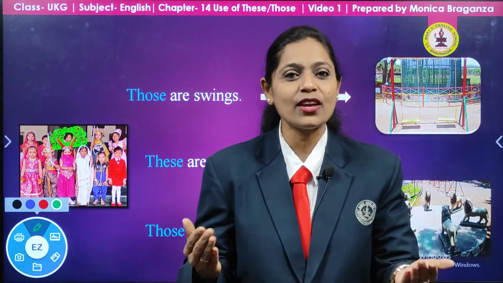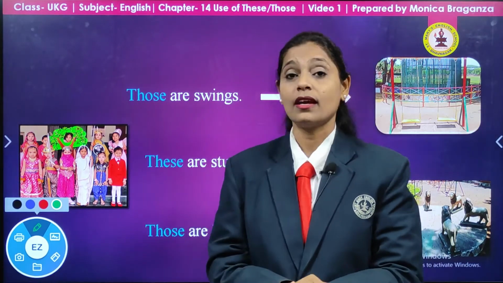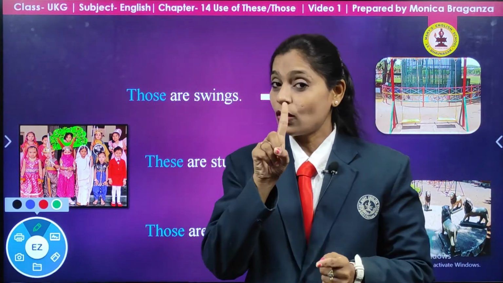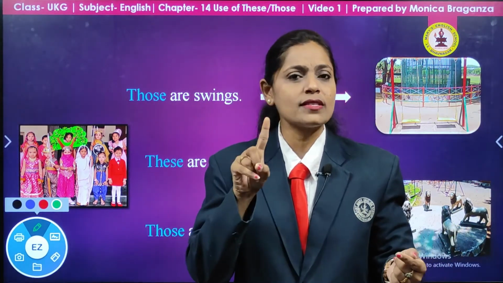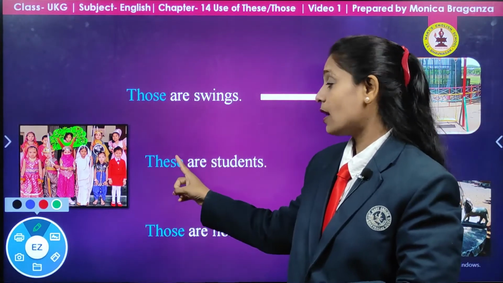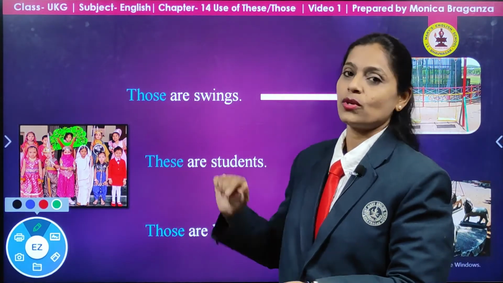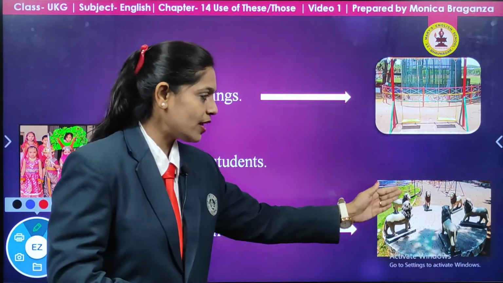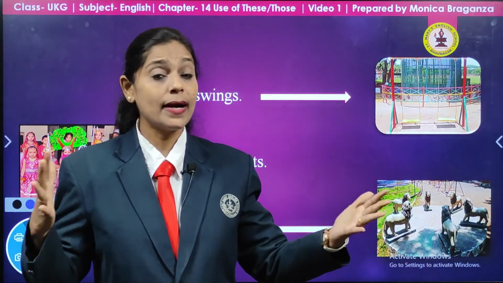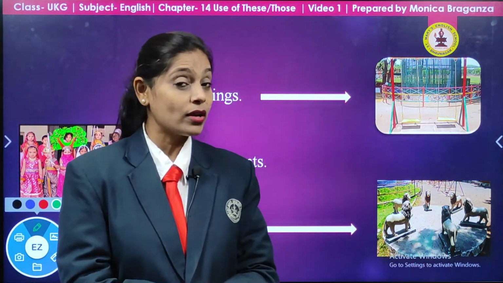Can you see here? Yes, they are students like you all. All of you go to school, right? Yes, so they are also students. They have taken part in fancy dress competition. So, now there is not one child, there are many students, not one student. So, what we are going to say, children, when there are many? Yes, we are going to say these are students. All of you repeat. These are students. Very good. Now same way, can you see here? Yes, there are lions. Not one, but many. So what we are going to say, children? And when the arrow is there, what does that mean?